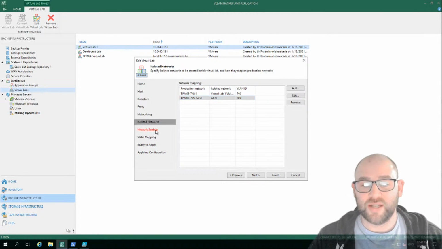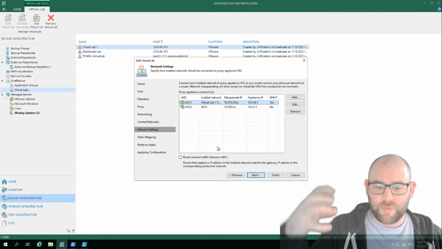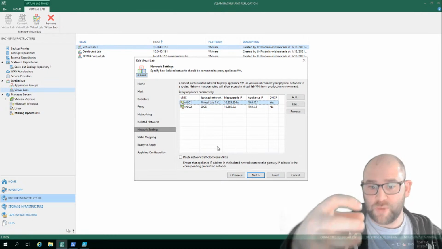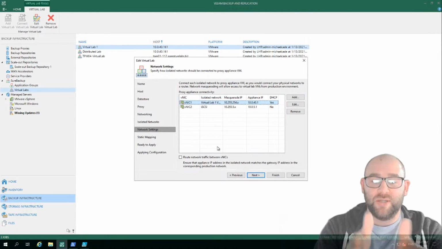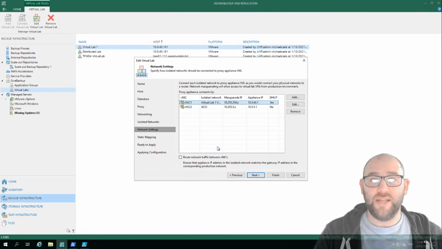Now, if we get to network settings, think about those virtual machines. That virtual machine has been booted up. It's been assigned the correct network. It's been linked or mapped with those isolated networks. And then from there, we need to actually say, well, what does that mean? How does the proxy deal with that